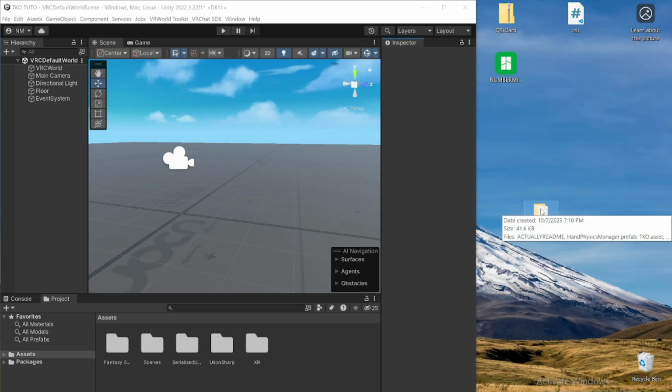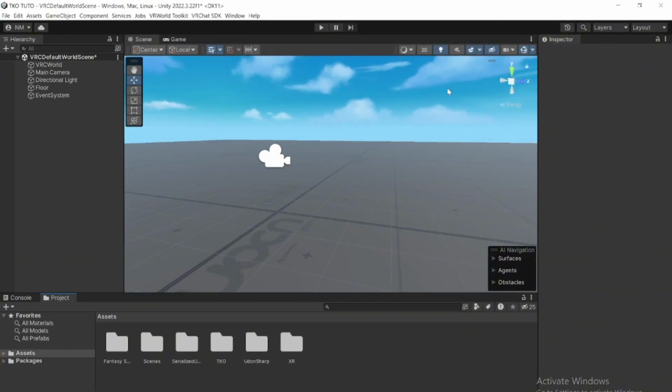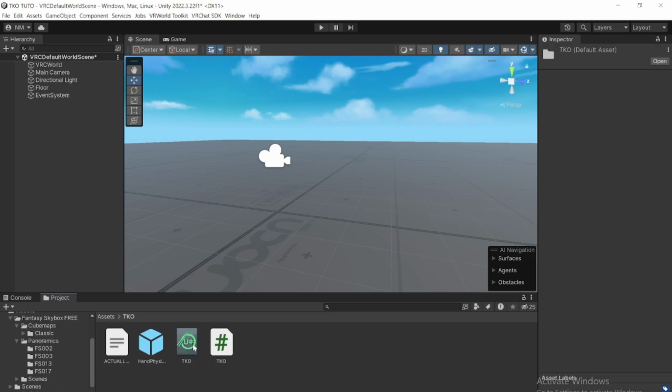Once you download this folder, you can click and drag it straight into assets. Unity will take a moment to figure itself out, and then you can go straight into TKO, double click that folder, go to this Udon Sharp asset, take the script TKO and click and drag it straight into source script. You might get this error, compile validation failed, no problem, just click compile all Udon Sharp programs